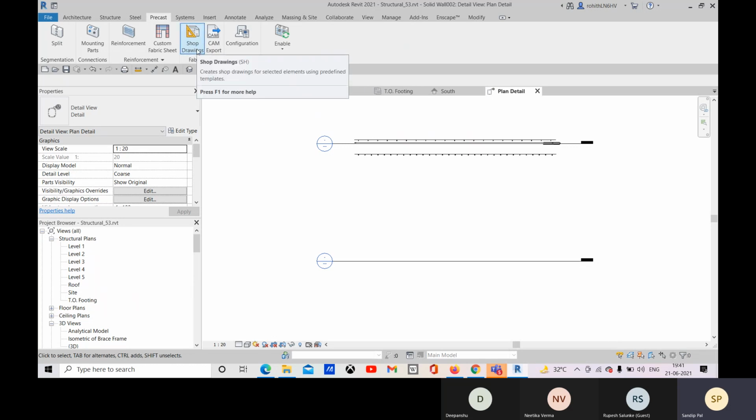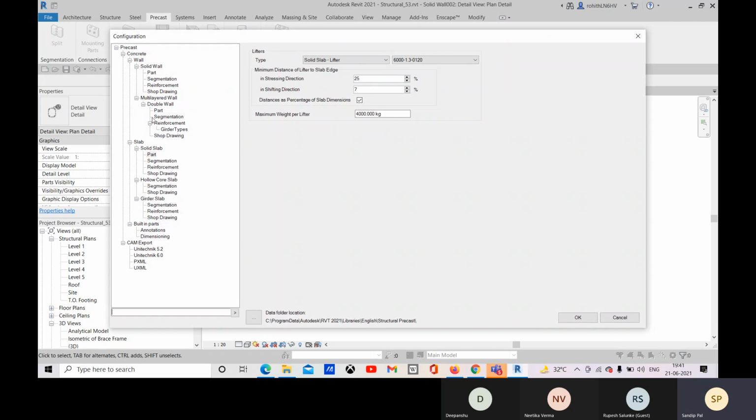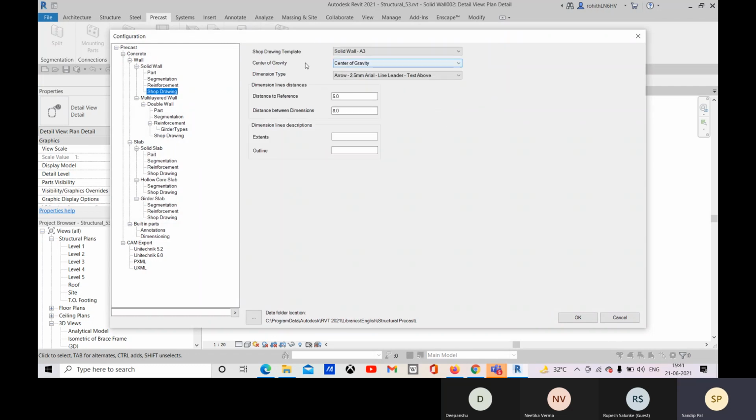So before this shop drawing, you can go to the configuration, and for this solid wall, there is a shop drawing option, and you see that shop drawing template, that is solid wall A3, and any center of gravity mark you want to provide. So there you can give that center of gravity or this annotation and all.